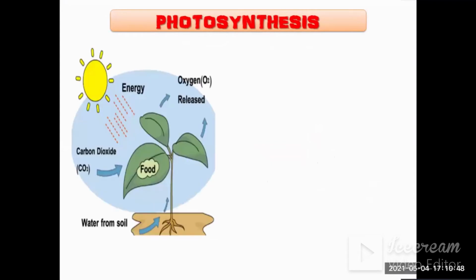Photosynthesis. So let's see what photosynthesis is. As you can see the sun over here, the sun rays fall on the leaf. The leaf contains chloroplasts and tiny pores which allow carbon dioxide to enter into the leaf. Food is being prepared over here. Water is being absorbed by the root, which through the xylem vessels enters into the leaf. And in the process, oxygen is given out.